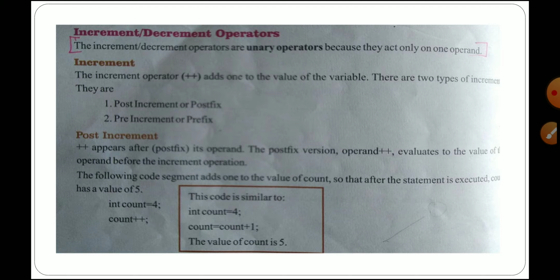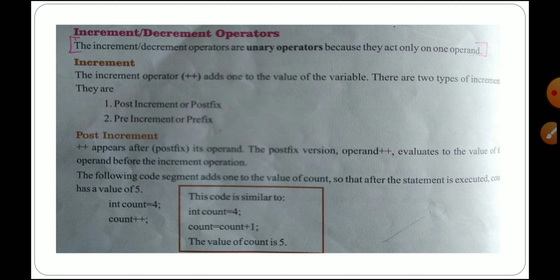Now pre increment means one value will be added before itself. Post increment means that only after the execution will the value be incremented. So first, pre increment: before itself it adds and displays the result. Post increment does not add any value at first. It will display only the value we gave to the variable, and that value alone is displayed on your screen. Now we have to see post increment.